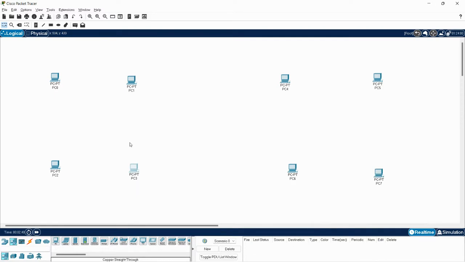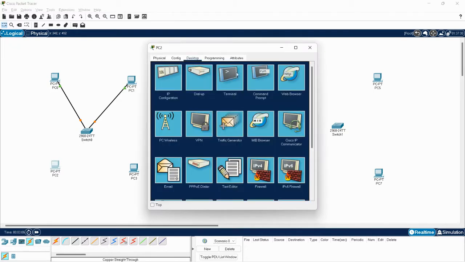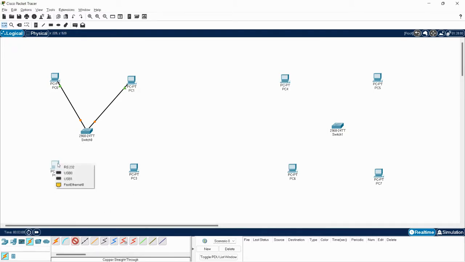Now I'm going to connect 4 of the virtual machines to switch 1 and the other 4 to switch 2. I'm going to connect each virtual machine to the switch via the FastEthernet 0/1 interface, then 0/2, 0/3, and 0/4.